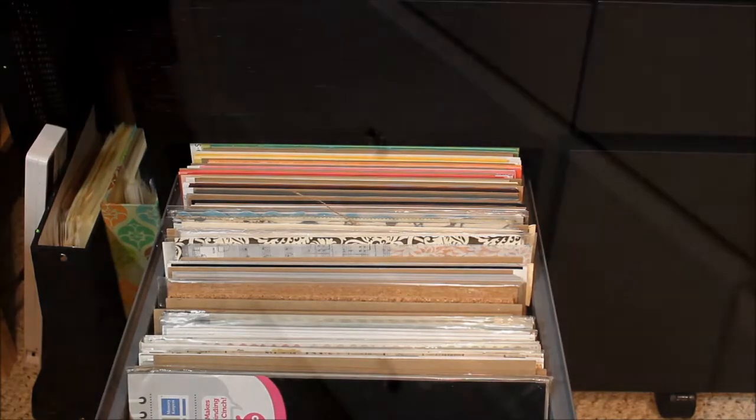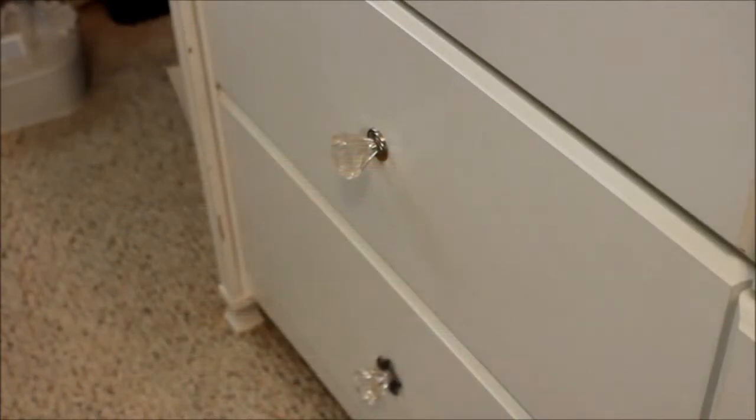I store my alphas. Okay, I'm back. Right after I bought the Malm drawers from IKEA, I started thinking about how I wanted to store my alphas, the ones that are the size of like the thicker packages. And for the longest time I had it on a clip it up. And that really did work very well for me because I could see all the different colors of thickers that I had. But once again, I'm back to the same problem that I have very little wall space and very